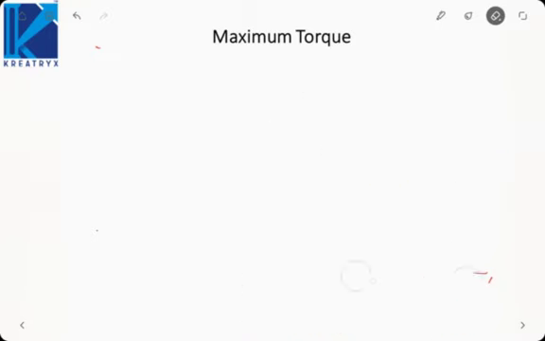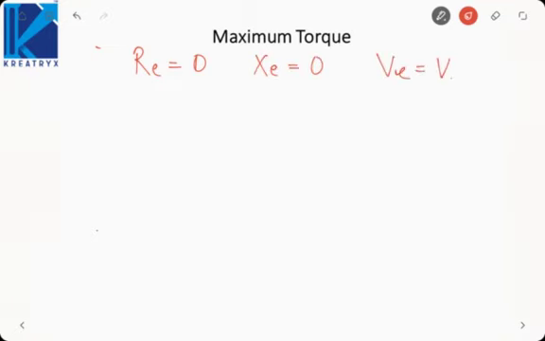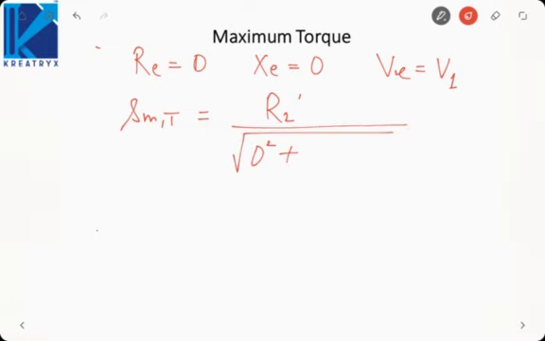If we neglect the stator impedance, that means Re will be equal to 0, Xe will be equal to 0 and Ve will be equal to V1. Then first of all, SMT, the slip for maximum torque, will be R2 dash over under root 0 square plus X2 dash whole square,